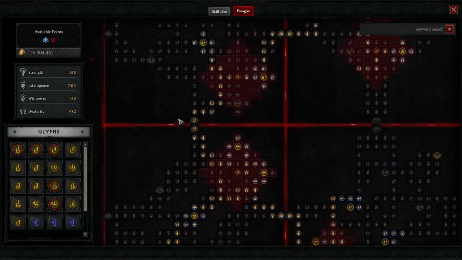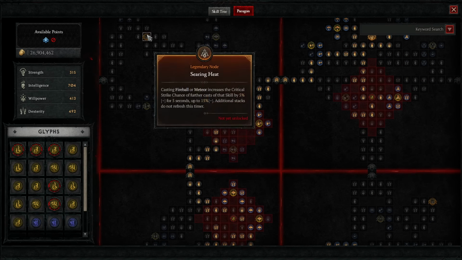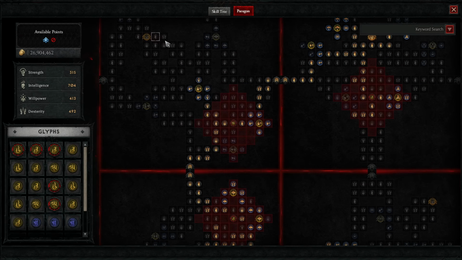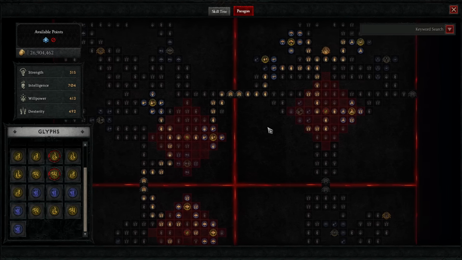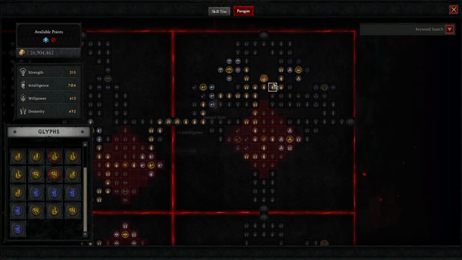Once we're done in this board, we're going to move up to Searing Heat. In Searing Heat, we're going to be taking Pyromaniac. Now, Pyromaniac, every pyromancy skill you cast or every second you channel Incinerate increases your fire damage by 2% for 6 seconds up to 10%, both multiplicative, plus adding a 14.3% fire damage. Once we're done in that board, we're going to move over to